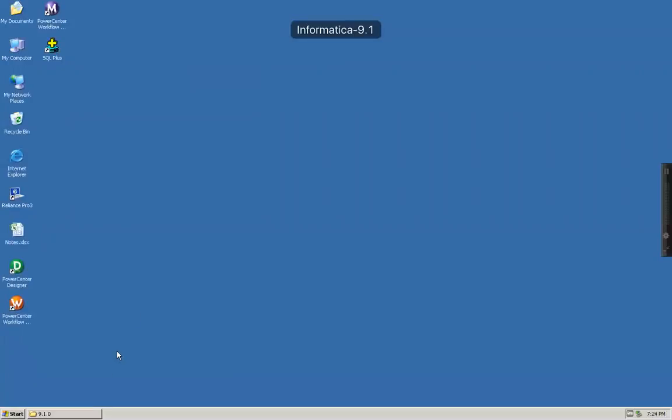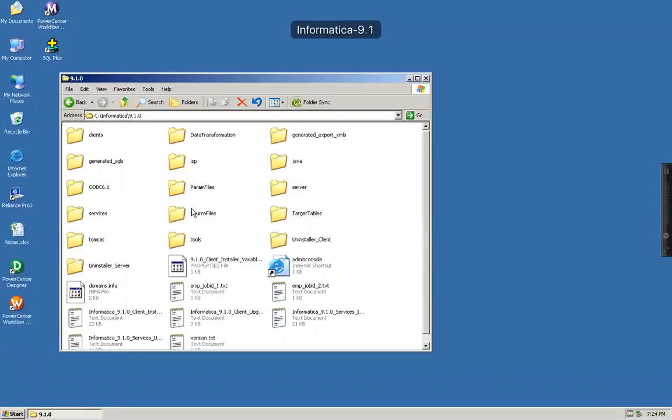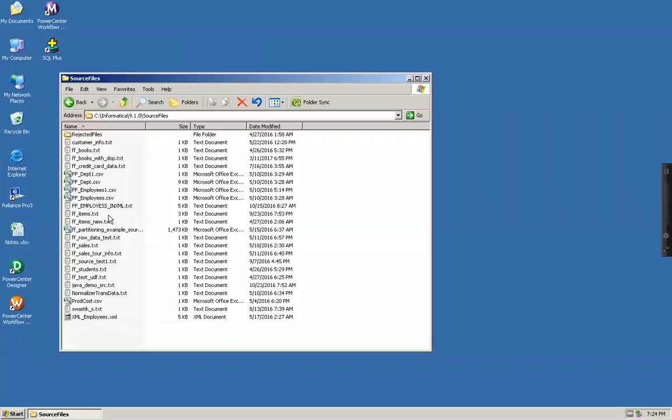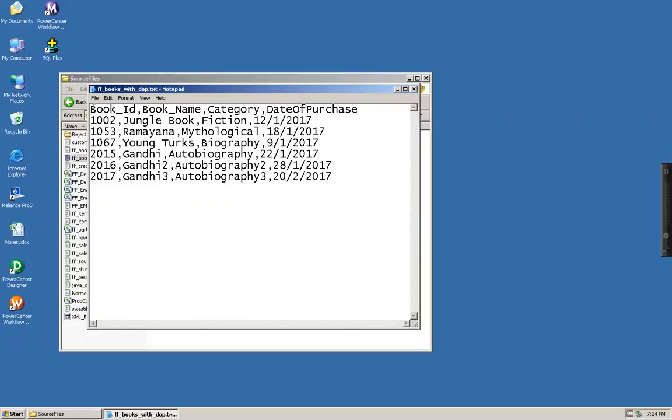So what I'm doing here is I have a source file. I have already created it here. So the data looks something like this. It has a flat file which has all the book-related information for a library: book ID, book name, category of the book, and lastly a date of purchase.